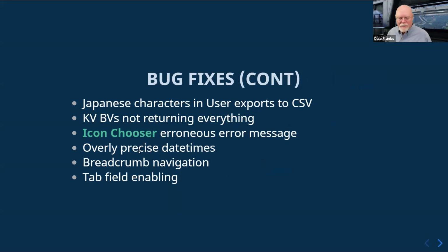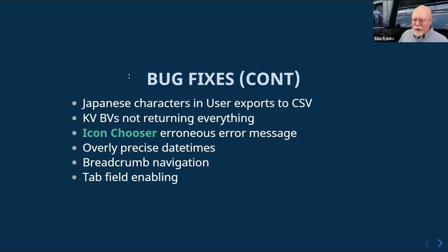Overly precise date times. You were doing date time comparisons. Sometimes you were saving date time with milliseconds, and pretty much nothing happens in the system at the same millisecond. And so some date time comparisons were failing because we weren't just comparing hour, minute, but it was going hour, minute, second, millisecond. Too precise. Pretty much everything fails when you go down to the millisecond level of granularity. So we've gone back to minutes as far as date time comparisons.